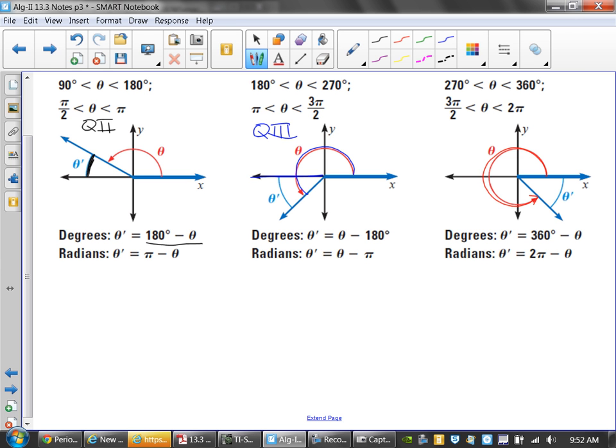So depending upon what quadrant you are in, that's why it was important to be able to visualize what quadrant you wound up in, whether you were within degrees or within radians. That's why we did a lot of drawing of angles. Now you're going to be able to figure out how far you need to go or how far you got to go back to get to the x-axis. Because the reason was that 30, 60, 90 triangle, this 30-degree reference angle,